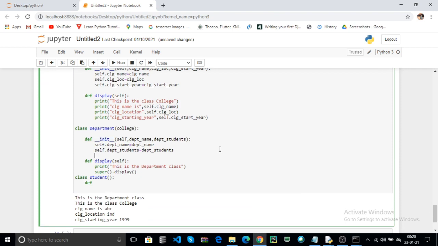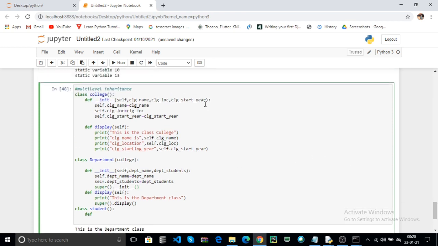Here you can pass super dot your function name, that is your constructor name, init, and then the required parameters in your parent class, that is these three. Now you can directly pass them here. Now in that constructor there is no college name, college location and college starting year. Here you can pass,